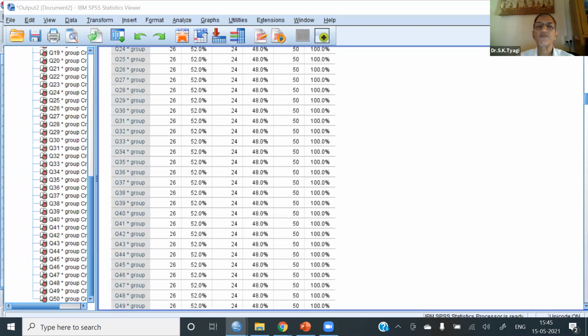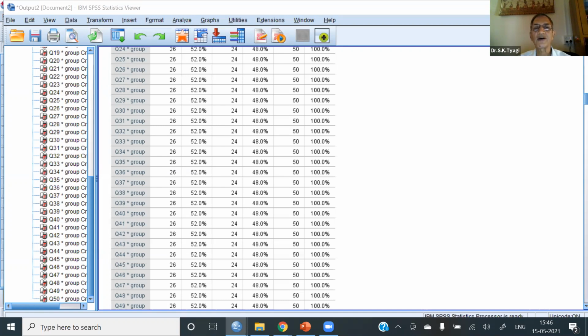Now there is a question, and a good question at that. Sir, if responses range from 1 to 5, then will the procedure be the same? Here, how could you judge what is a right and what is a wrong response? Now, as I made clear in the beginning, the definition is in the context of a test, because in the context of a scale there is no correct or incorrect response. So this particular definition does not hold good in case of a scale. In case of a scale, there is a different approach.